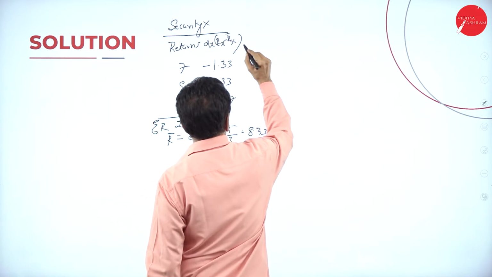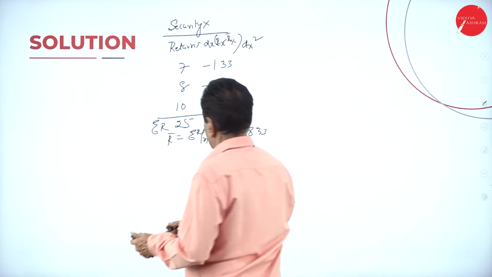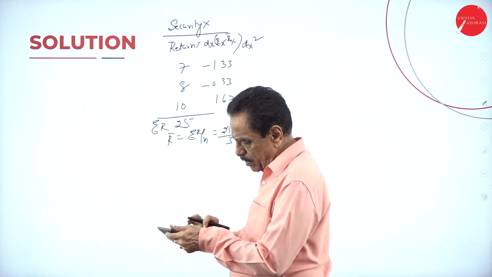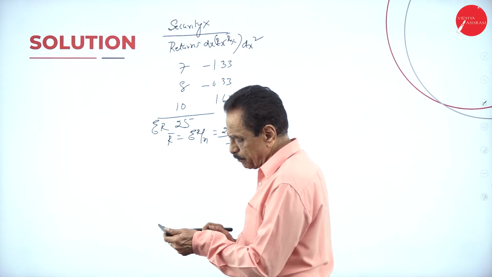Square of this, dx square: 1.33 into 1.33,